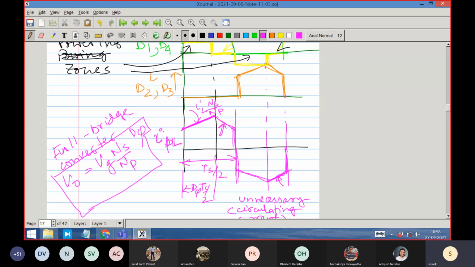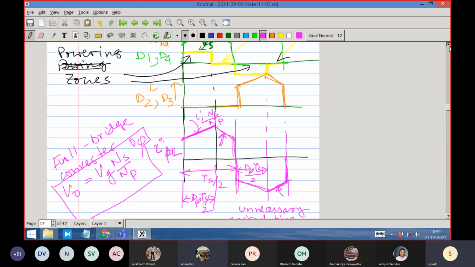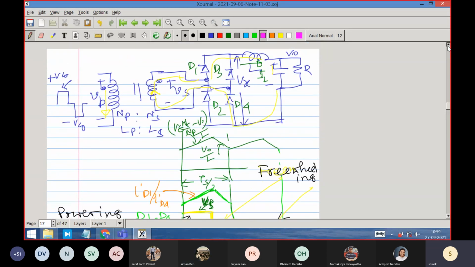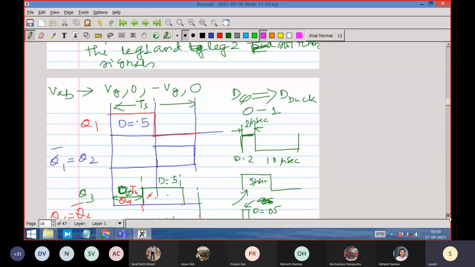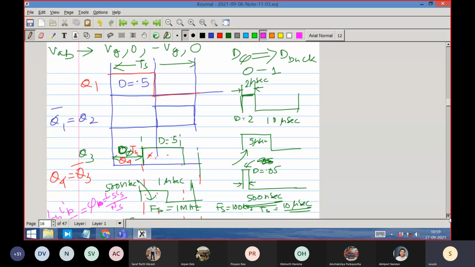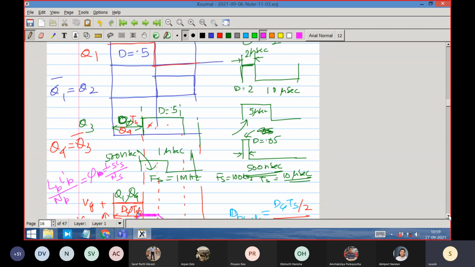I am calling this time d phi TS by 2, and again another d phi TS by 2. Sir, but the phase shift is defined with respect to TS, right? For example, in two phase we saw... No, we have not defined it with respect to TS. I can define it with respect to anything, with respect to the primary pulse. It's my choice of variable. It is just a choice. Don't get confused with this.